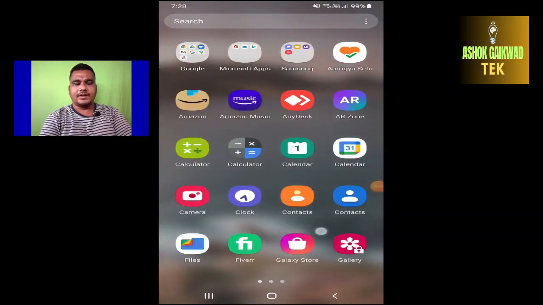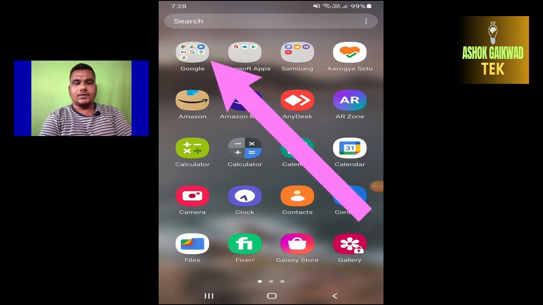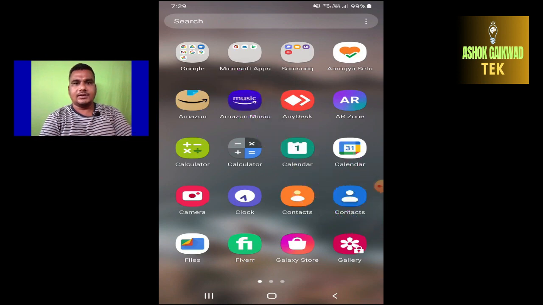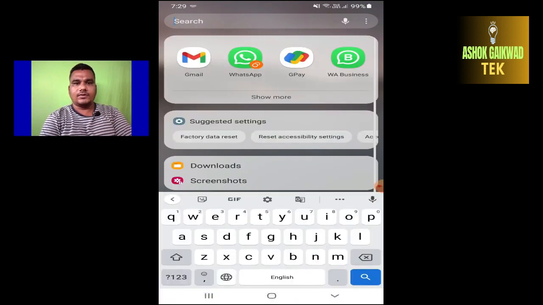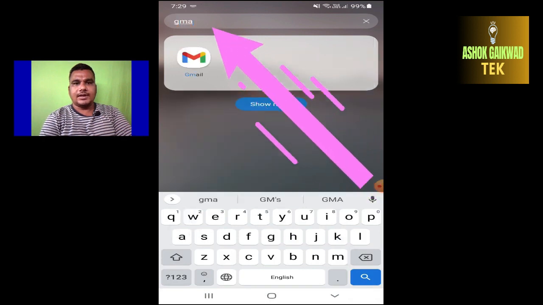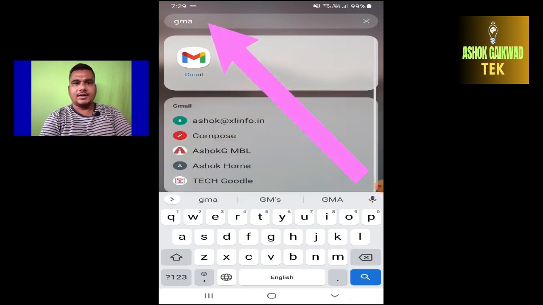First, you open the Gmail application. You will get the Gmail application in the Google folder. If you do not find the Gmail app, then you just go to the search bar and type Gmail. You will get it there. After opening the Gmail application,